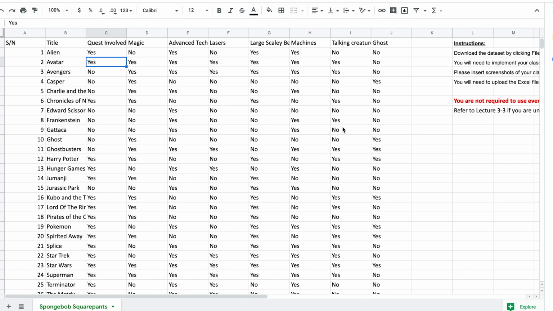Now, there are two ways to do this problem, okay? One is you come up with your own definition for what is sci-fi, for what is fantasy, and for what is horror, right? And then, based on these definitions, you start to classify the films, okay? The other way is what is called the data-driven approach. What's the data-driven approach? That means you analyze the data set and you see which criteria will give you that near perfect fit, okay?